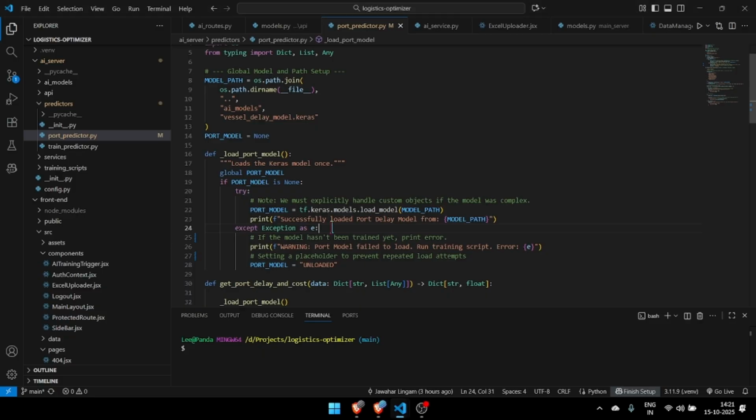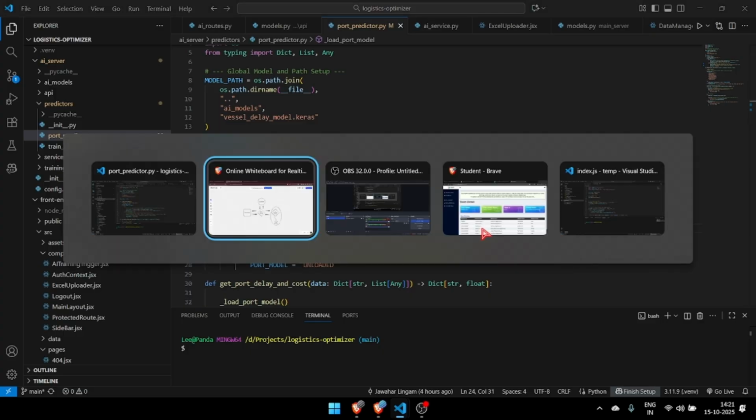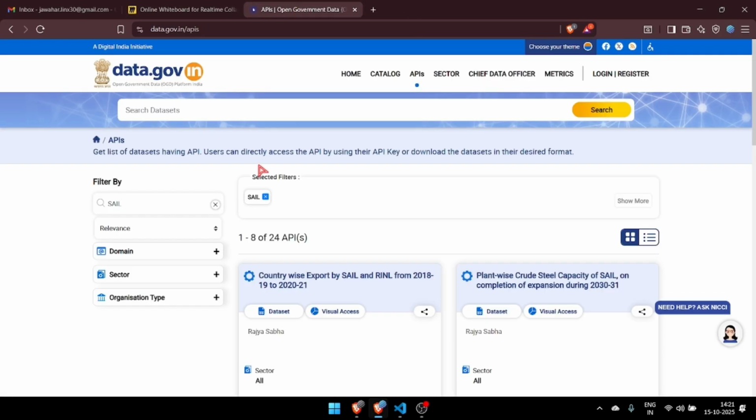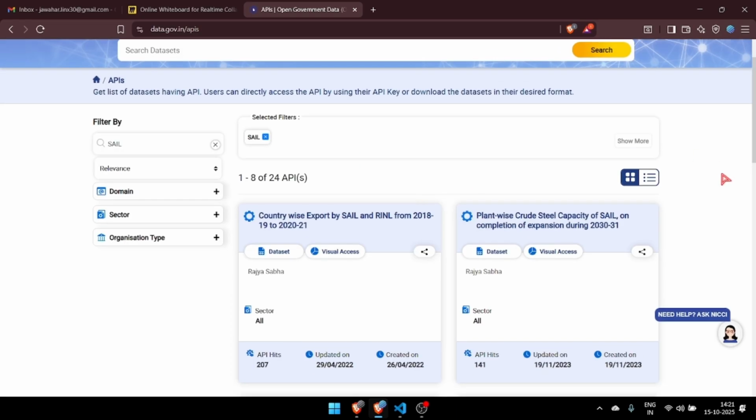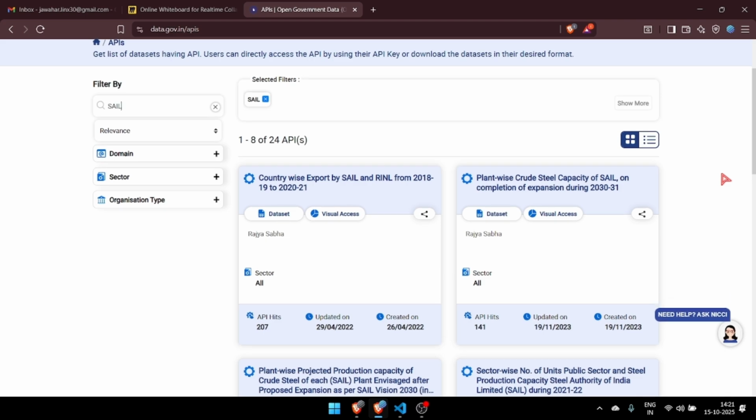To create and train an AI model, we need data sets, and data sets are essential for teaching the models to recognize patterns and then optimize operations. However, we faced a problem. We couldn't find any operational data sets for sale, as we all know that they're confidential. So using the data available from the official government website, let me show that. Yeah, from this data.gov.in, we collected all the available data, and from this data, we generated synthetic logs that closely